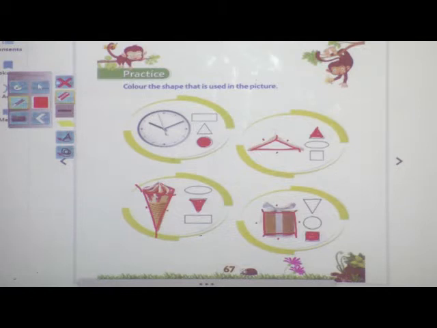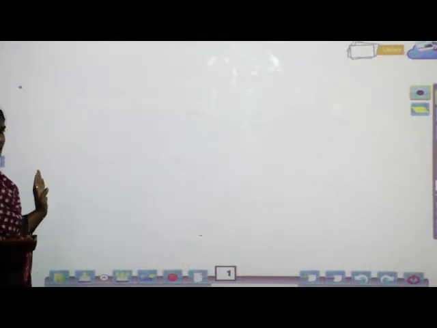Now the next, wait a minute everybody, I will show you. Now we are going to learn the patterns. Before starting the session, we have seen some shapes that I showed you, but now here we will draw and see. Not only shapes, we can draw any different things also. But to help you understand properly, first I will show you the pattern of shapes.